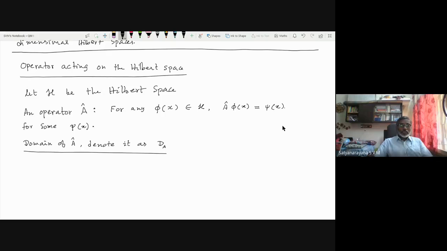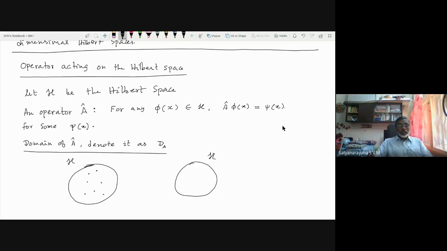Now, let's say that this is your Hilbert space, and there are some elements of this Hilbert space, and this is also the same Hilbert space. Now it so happens that there are many of these elements that are mapped onto the same Hilbert space,